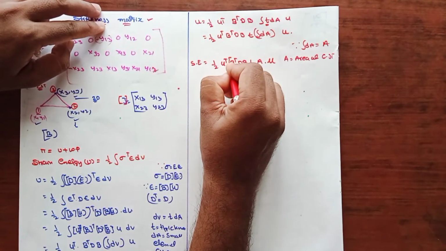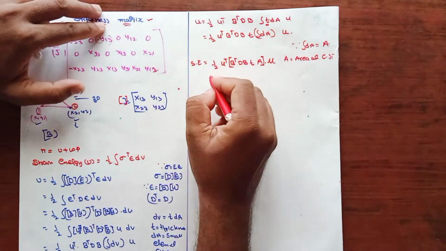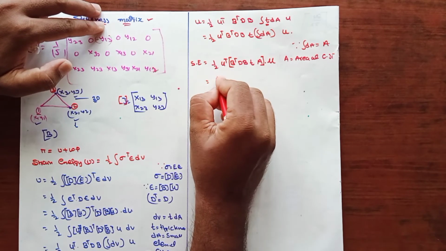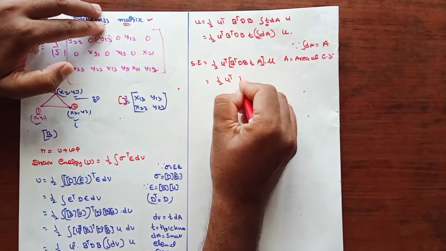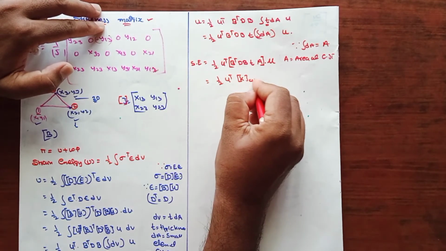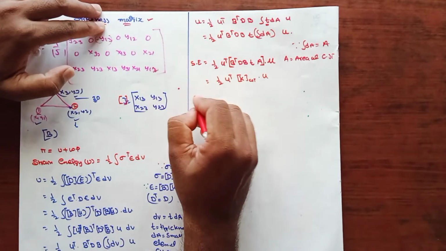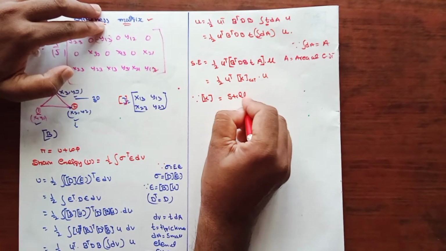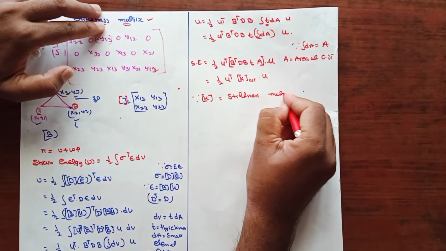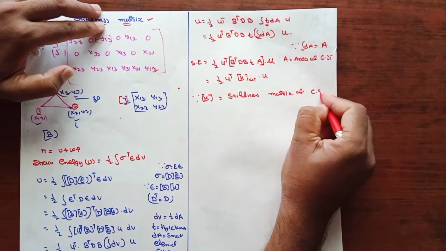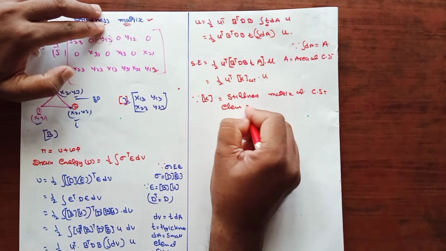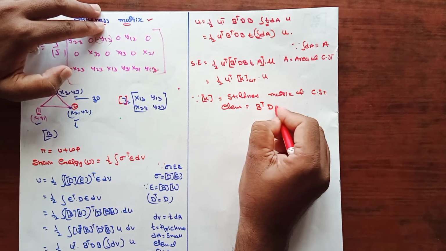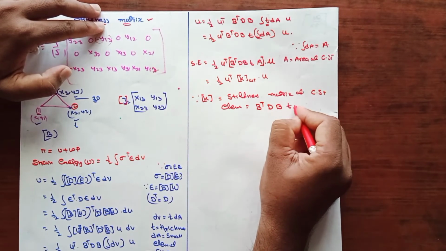So let us take this as one parameter. The strain energy can also be written, in finite element methods, as half U transpose into, let us say, K of CST into U, where K of CST, or K, is the stiffness matrix of the CST element. So K is defined as B transpose matrix into D matrix into B matrix into thickness into area.